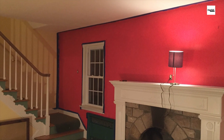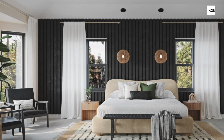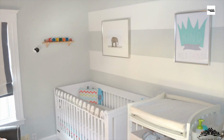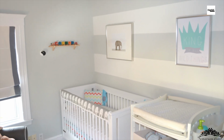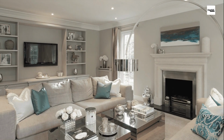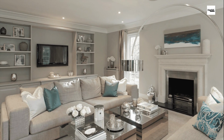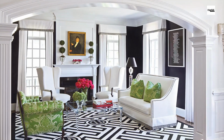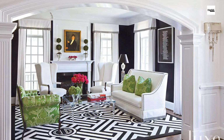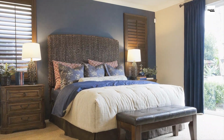ordinary to extraordinary. An accent wall, in its essence, is a single wall within a room that is treated differently from the other walls. This differentiation can manifest through color, texture, material, or pattern, creating a focal point that draws the eye and establishes a distinct aesthetic. The purpose of an accent wall extends beyond mere decoration. It is a strategic design element used to manipulate the perception of space, highlight architectural features, and imbue a room